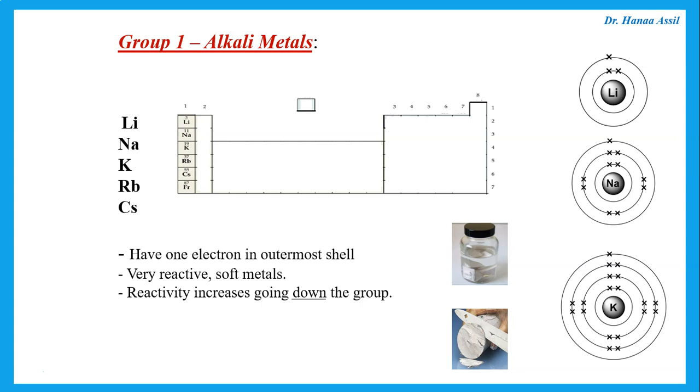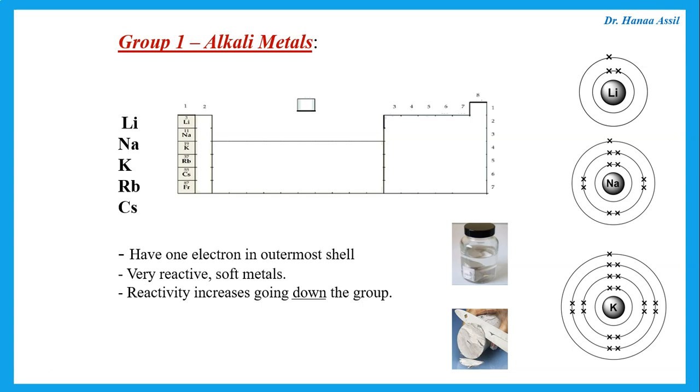Now, which ones are more reactive? You should realize that as we go down, the one down is more reactive. Now, why is that? Remember, a metal is reactive if it can lose its outer electron. So comparing these as we go down, which would be easier to lose the outer electron? Remember, in lithium on top, the outer electron is very near to the nucleus, with strong attraction forces between the electron